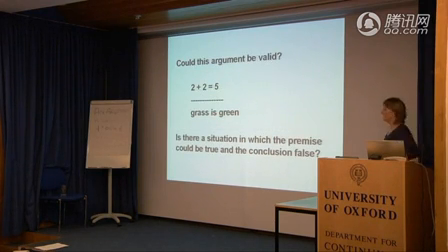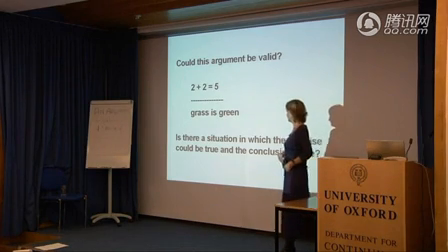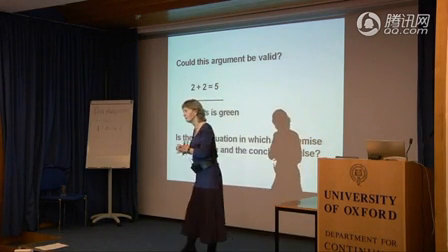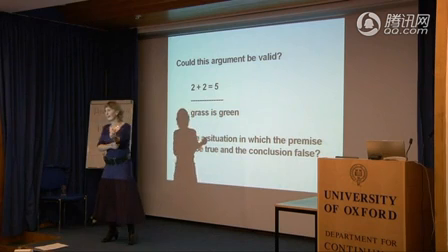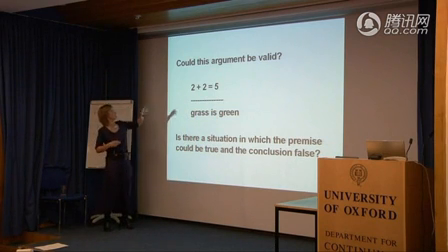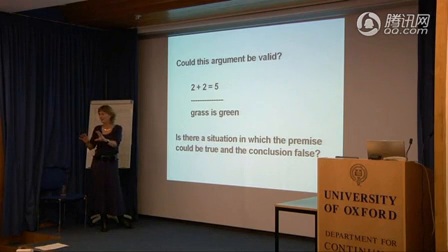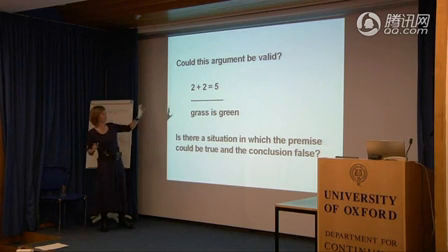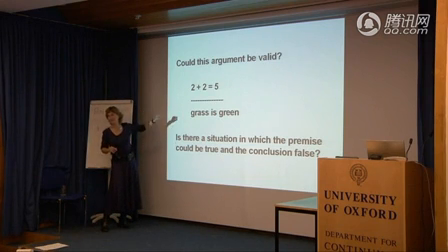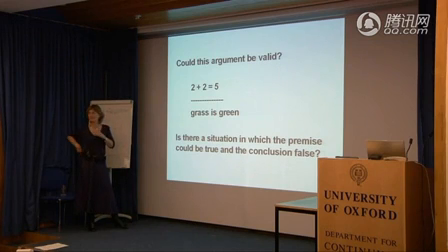Okay, now this is a bit of a trick question, and I'll explain why actually it isn't a trick question afterwards. Okay, here's an argument. Now remember, I told you right at the very beginning that anything can be an argument depending on the context. So you may not find this a very convincing argument, but believe me, it's an argument. Because 2 + 2 = 5, therefore grass is green. Okay, that's an argument. Could that be valid?